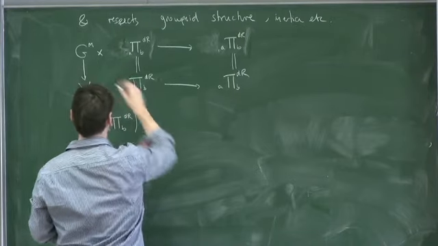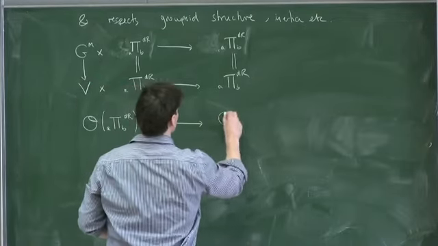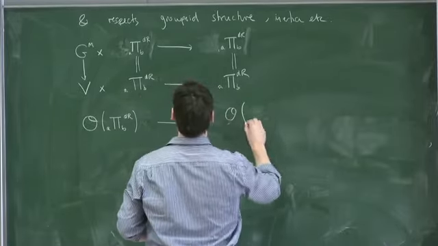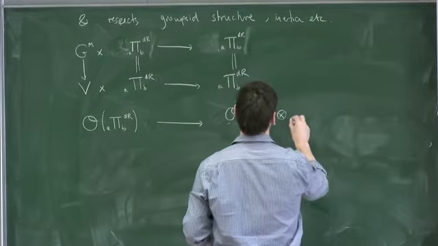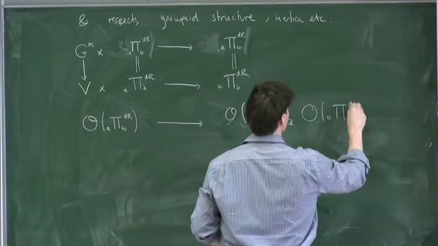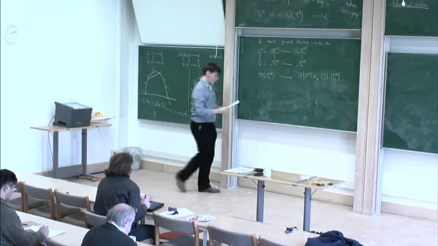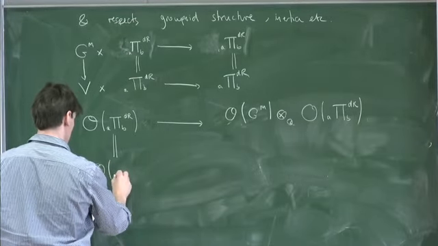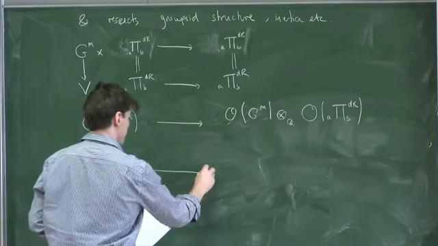Which way do I want to? Okay, I'll do it this way. So the top line becomes, sorry, O of G_M. So G_M is some group scheme again. So this is what we want to understand. This coaction is completely equivalent to this action. And we know that it factors through this.